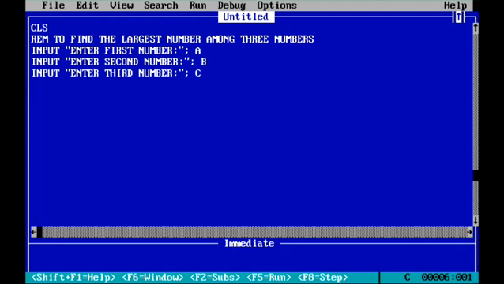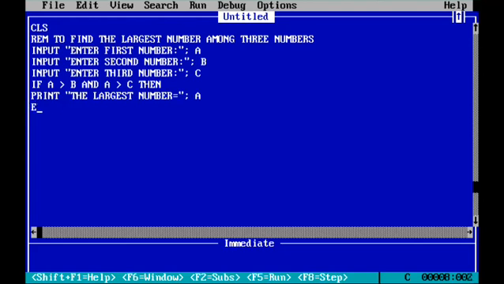Now we have to check the possibility of A, whether the first number is the greatest number or not. For this we have to use if, and here we have to check multiple conditions, so it is better to use if then else, which also begins with the if part. So if A greater than B and A greater than C also, here we have to use the AND operator. This is called a logical operator. Then on another line you have to write print: the largest number equal to, with the double quotation closed. You can give an equal to sign or a colon sign there. And here you have to give A.